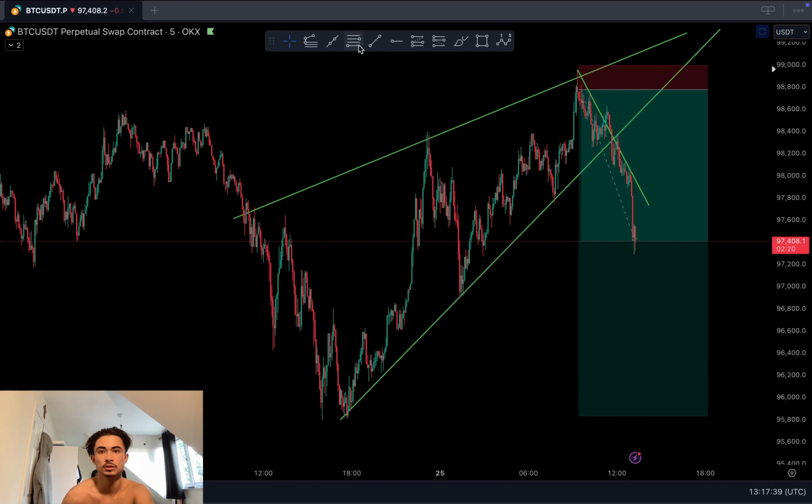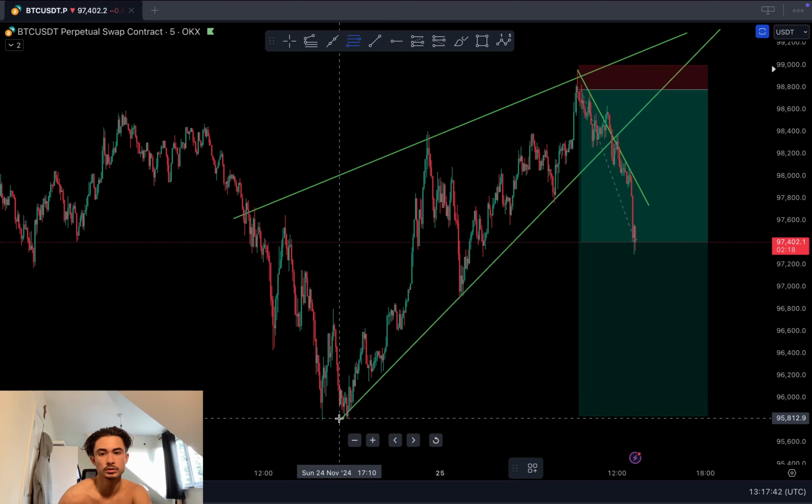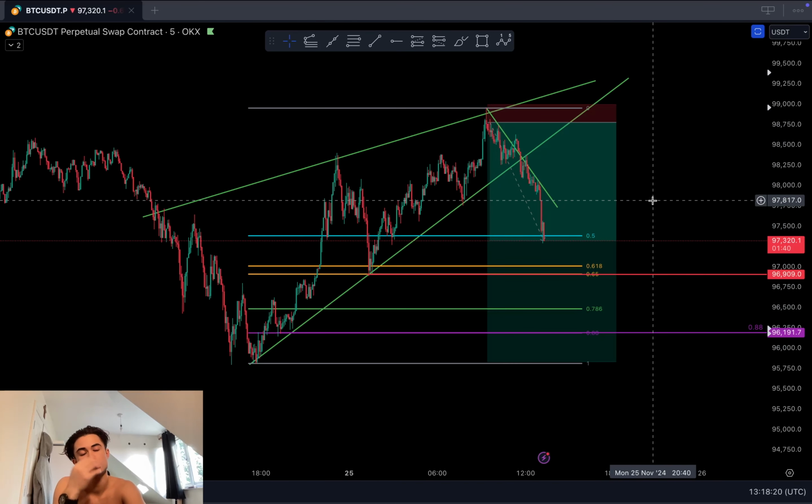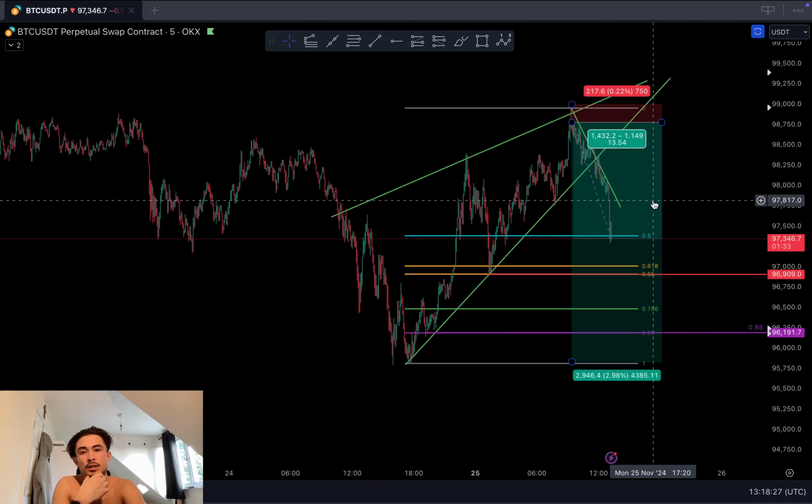Normally, you target the lows of a rising wedge. If I had held this trade, it would have been a 1 to 13. Oh, it would be if it hits full TP. So we'll have to see what happens. But yeah, man, next time